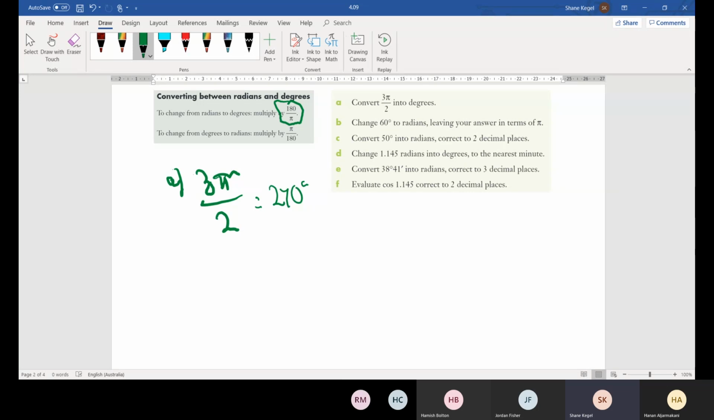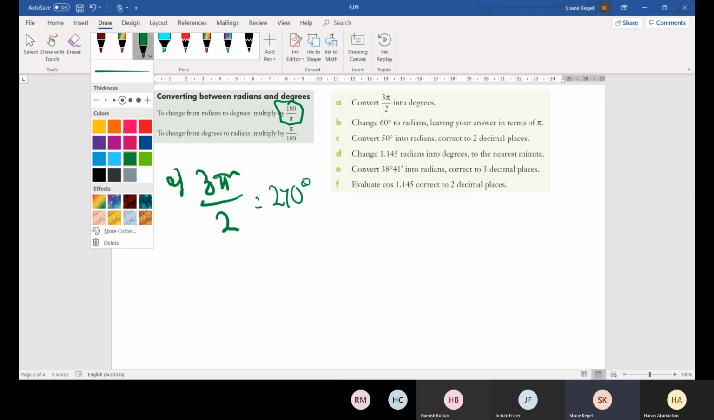Okay, next question. We're changing from degrees to radians, leaving our answer in terms of pi. That brings up another good discussion point we'll discuss in a second. Let's have a look at that one. So B,